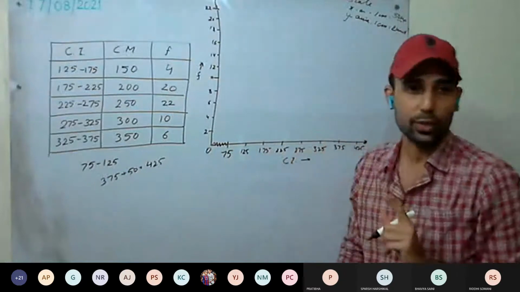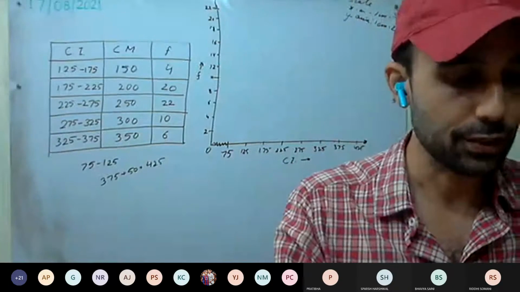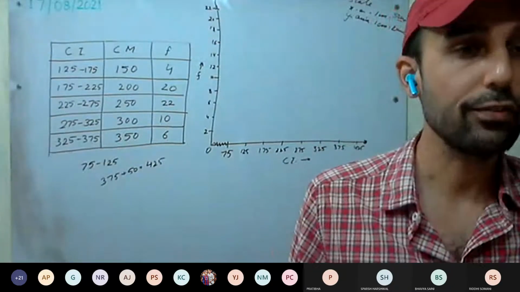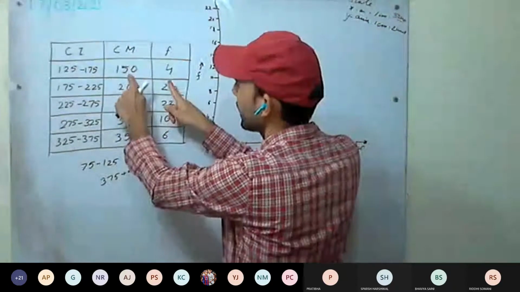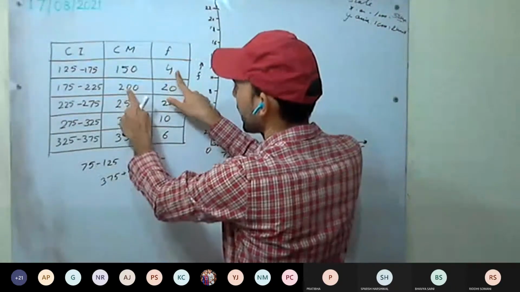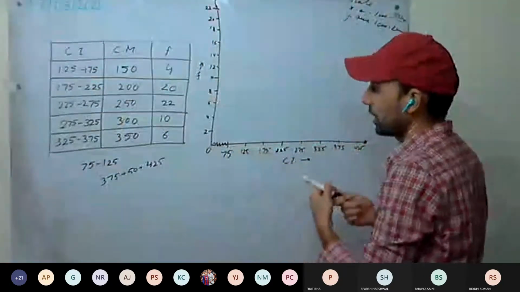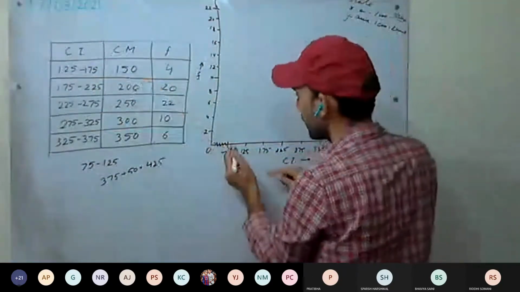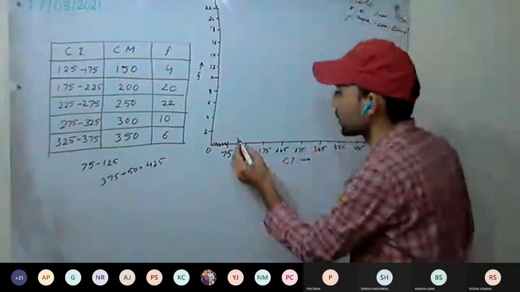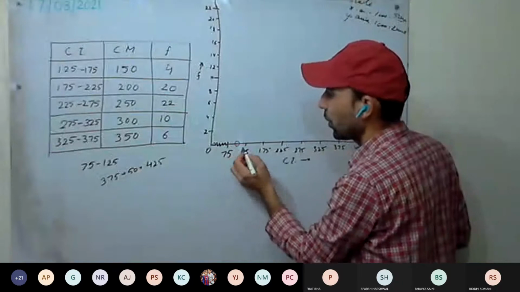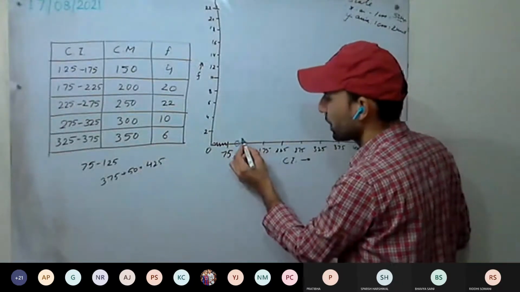Should we draw the histogram or without histogram? Because the question didn't say we have to draw the histogram. This time we are drawing without histogram. It means we require these two only. This will be our x coordinate, y coordinate. And on a plane, we require only 2 coordinates to mark. So first one, it will be here. Okay, let me use a different color. So first one, this one. It will be how much? You can mark the coordinates if you want.